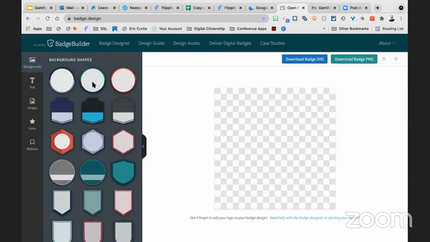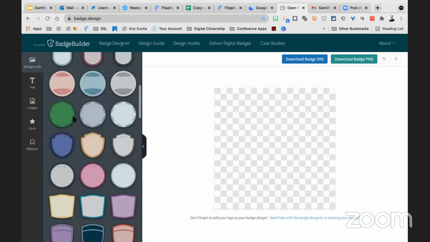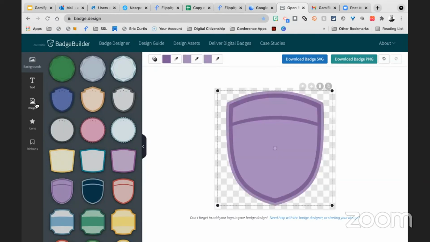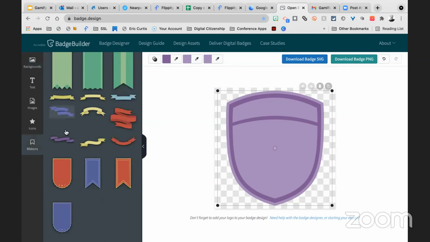All right, so check this out. These are all the free shapes of the different badges that you have access to. So, of course, I'm going to choose this purple one to start with. Right here, you can add your own images, so you can use your school logo and add it to the top. I mean, there are so many things that you can do. You have different ribbons that you can add. If you want to add a ribbon to it, you can do that. Like, I'll just get this ribbon, and I'm going to make it a little bit smaller. Let me see, get right on it. There it is. And I'm just going to put this right around right here.